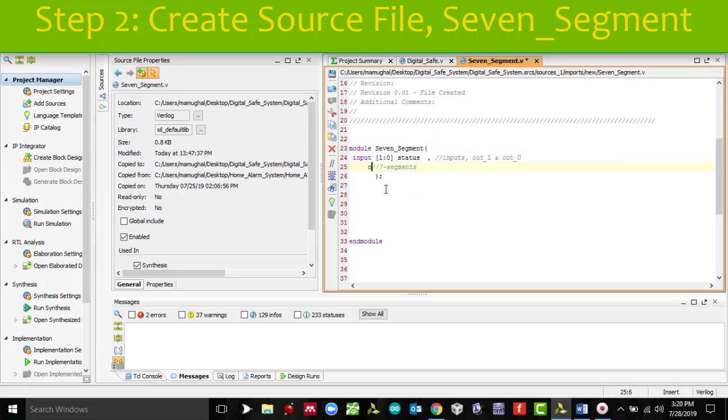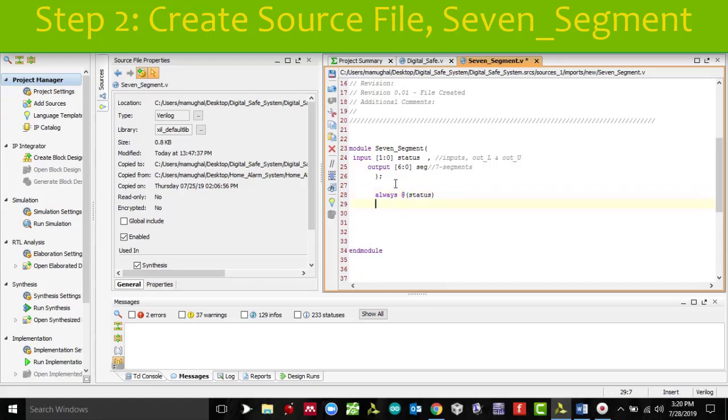Then I would need output 7 segments, so let's declare them as an array as well,